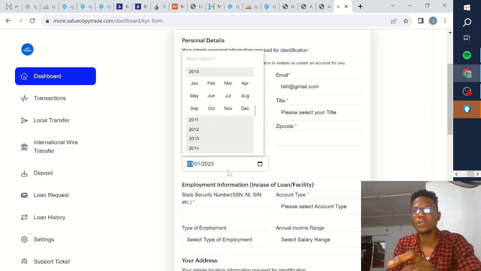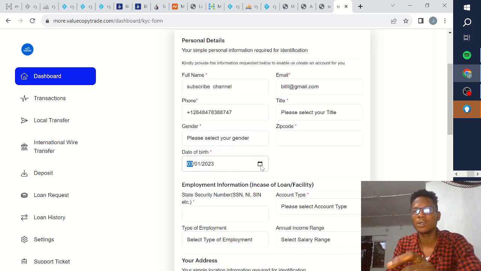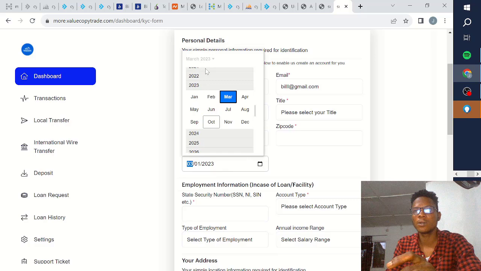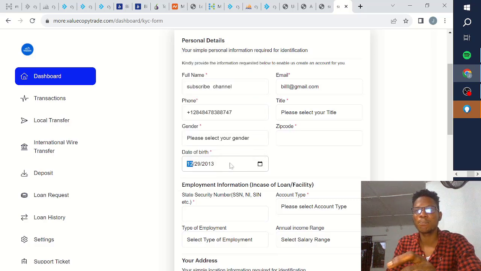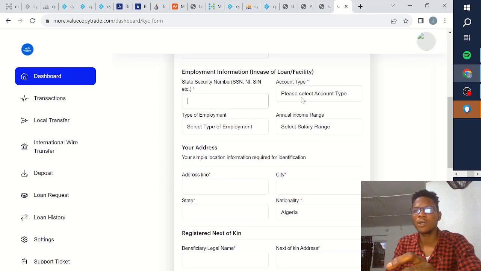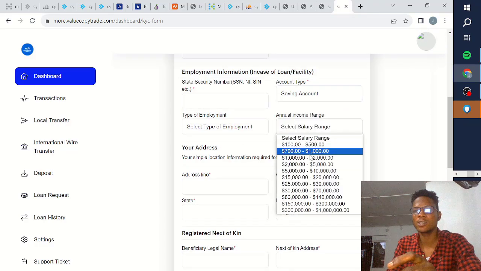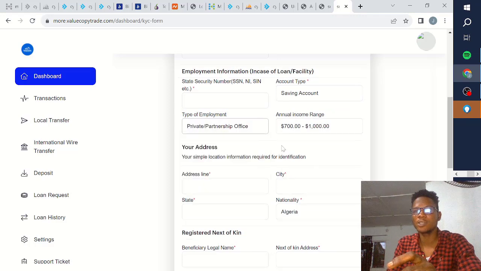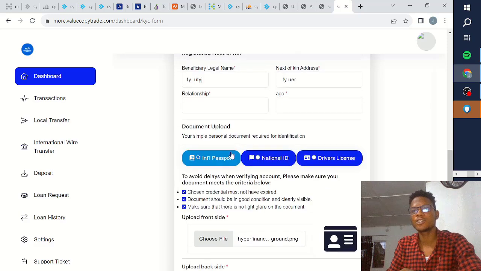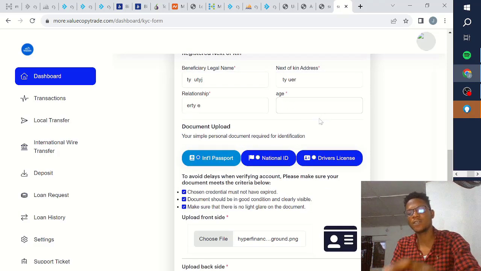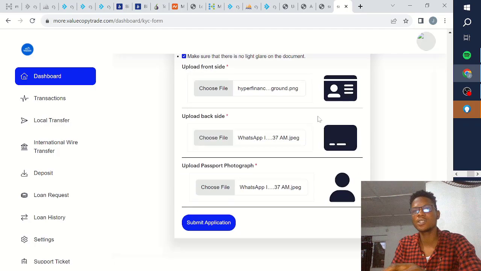Just any random date. So, just like what I said: salary range, employment, address, state, city, initial, relationship, and age should be index 5, so I just put 56, then I click